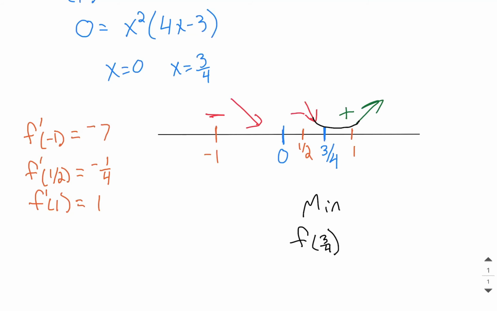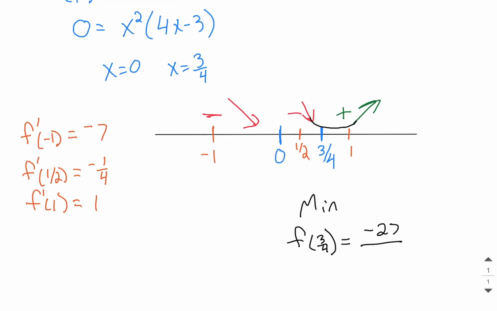Just like yesterday, we need to find the y value that goes along with it, so we substitute that 3/4 into our f of x, the original function. I'm going to keep my answer in fraction form. f of 3/4 is equal to negative 27 over 256, which means I have a minimum at the coordinate point 3/4, negative 27 over 256. What we want to be careful with in the first derivative test is if you see a decreasing slope, critical point, decreasing slope, we don't want to be tricked into thinking that we have a minimum or maximum at that point. We have to see the signs change, going decreasing to increasing or increasing to decreasing, in order for us to have a